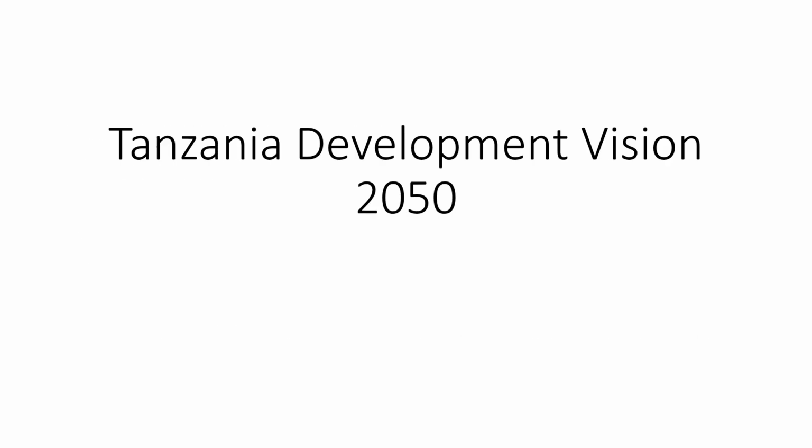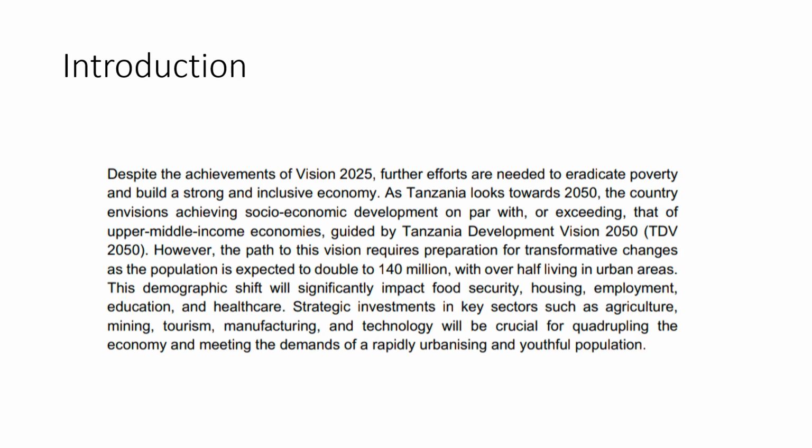So now let's have a look a little bit at key issues in the Tanzania Development Vision 2050. So the Development Vision 2050 was developed, I think we all heard, when the committee was moving around the country to collect ideas, to collect issues that can be addressed. So its implementation is expected to start in July 2026 and it will go all the way to 2050. So despite the achievements of Vision 2025, further efforts are needed to eradicate poverty and build a strong,